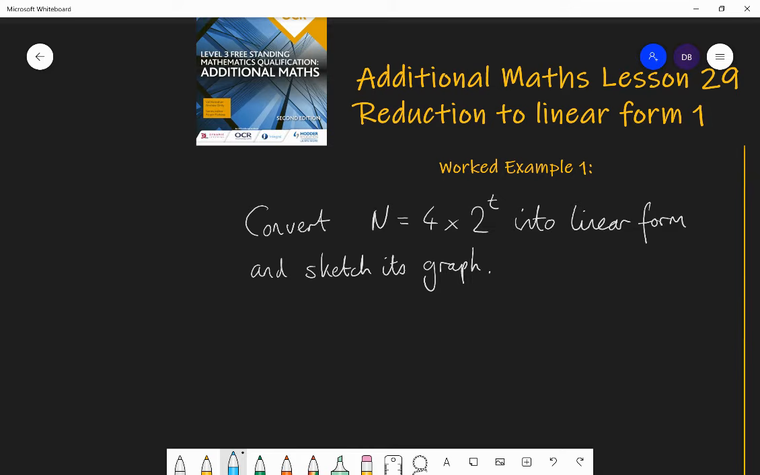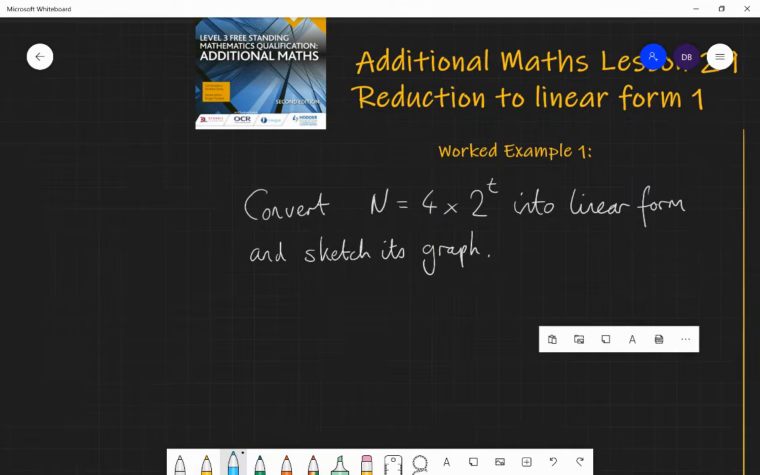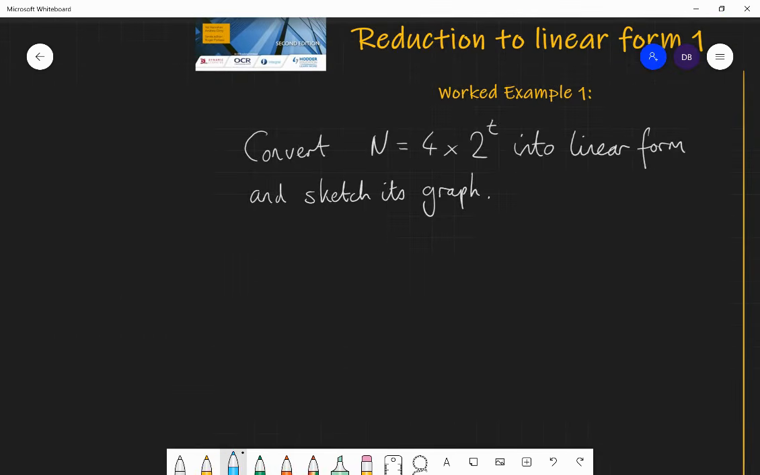Make sure, by the way, that you have watched lessons 27 and 28 already so that you get a good sense of what logarithms are. You're going to need that skill for this lesson. So take logs of both sides. So that will look like this. Log of n is equal to log of the entire right side, 4 times 2 to the